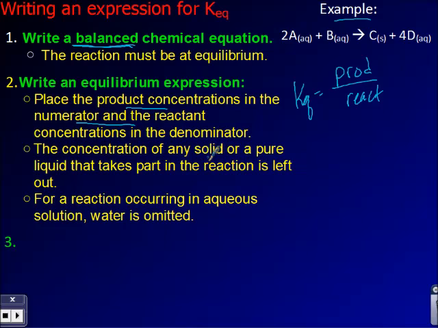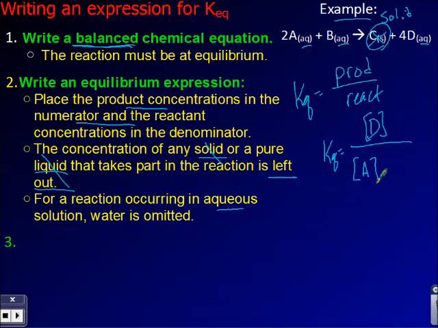Concentrations of solids and liquids are left out. So don't put solids or liquids in the expression. Only things that are aqueous or things that are gases are things we're going to be concerned with. So I'm looking at these. Aqueous, aqueous, aqueous. I'm not going to include this one because it's a solid. So if I'm writing the expression for this, I'm going to write KEQ. So product is my D, and I use these brackets to indicate I'm looking at concentration of D over A